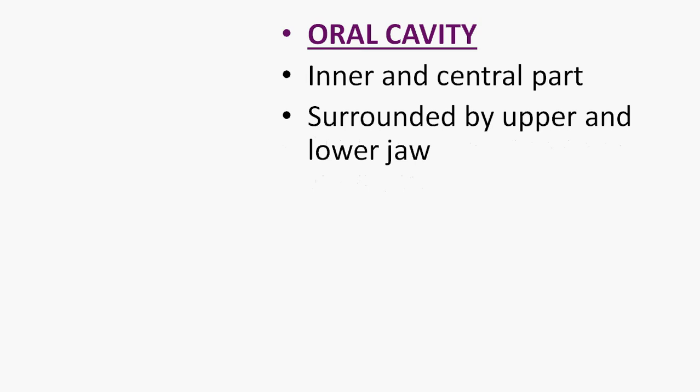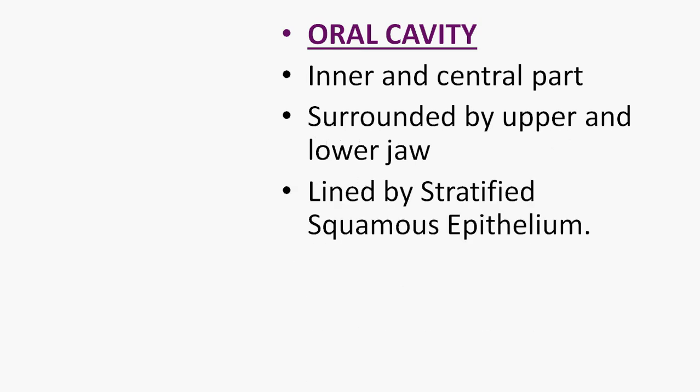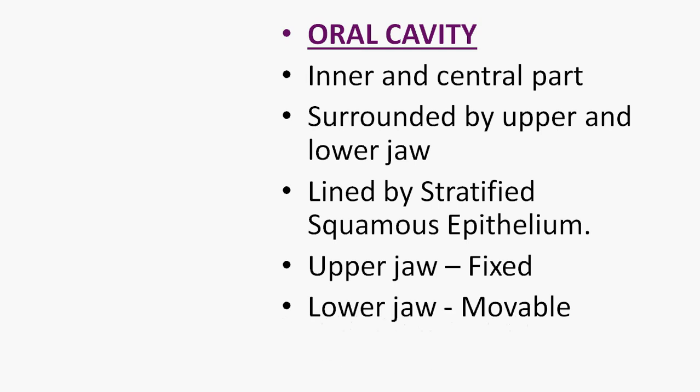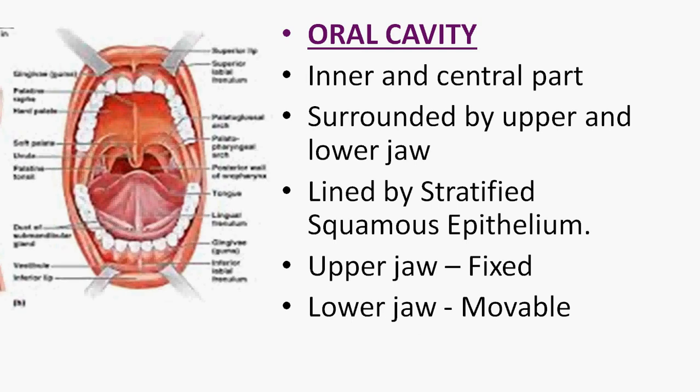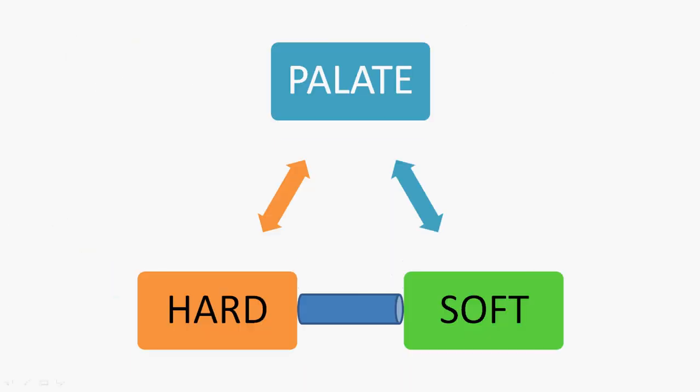Alright, next is the oral cavity. It is the inner and central part which is surrounded by upper and lower jaw. Then it is lined by stratified squamous epithelium. We all are aware that our upper jaw is fixed. It means that we cannot move it. The free movement is not possible. Whereas our lower jaw is freely movable. So from here it can be concluded that our oral cavity has four sided covering. We know that on both sides there are cheeks, at the base there is tongue and on the roof